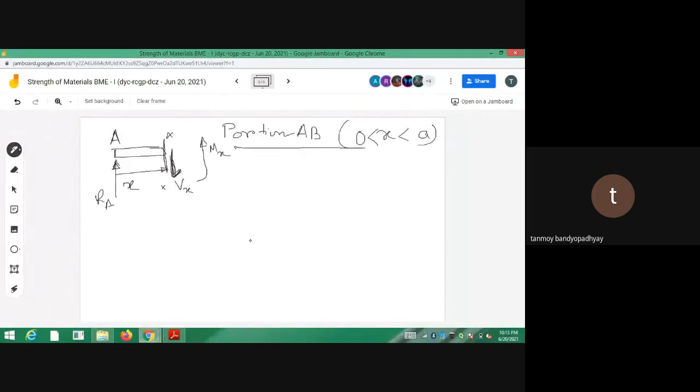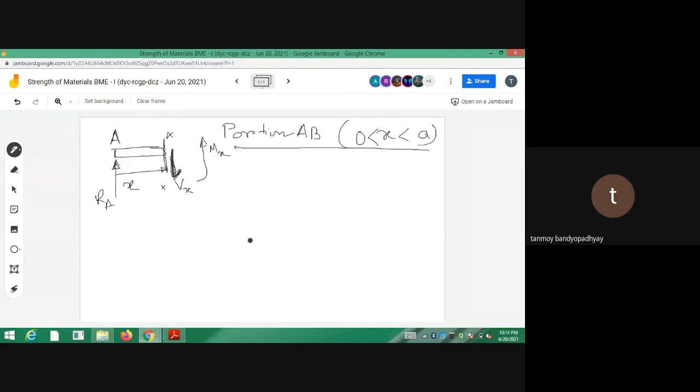So portion AB, what I have done is I have taken a cross section XX. I assume that at the cross section X, which is at a distance of small x from the free end AB, the shear force and bending moments are Vx and Mx respectively. So Vx and Mx are trying to rotate the element in the clockwise direction, so it's a positive set of SFBM diagram. Generally, RA is upward. If RA were downward, we could have taken Vx upward too, but that doesn't matter.